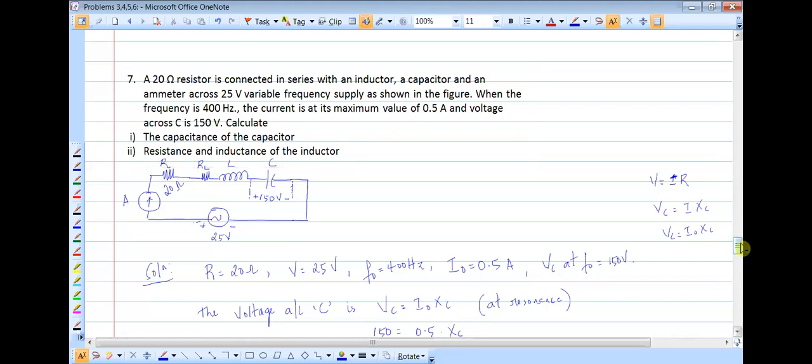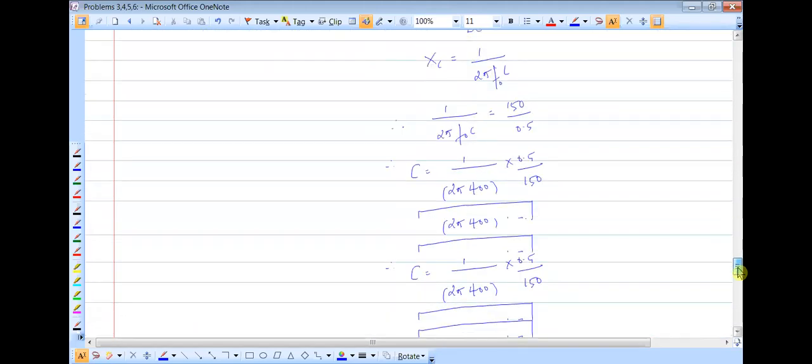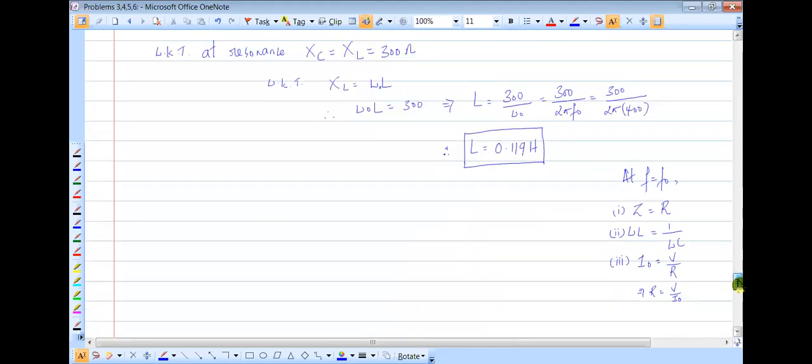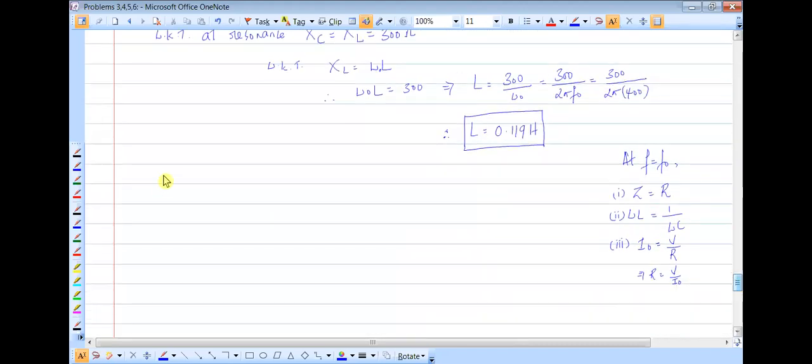So we can say that at resonance, this is something we need to understand. At resonance, we have I naught equal to V by R. So this directly implies that R is V by I naught, but